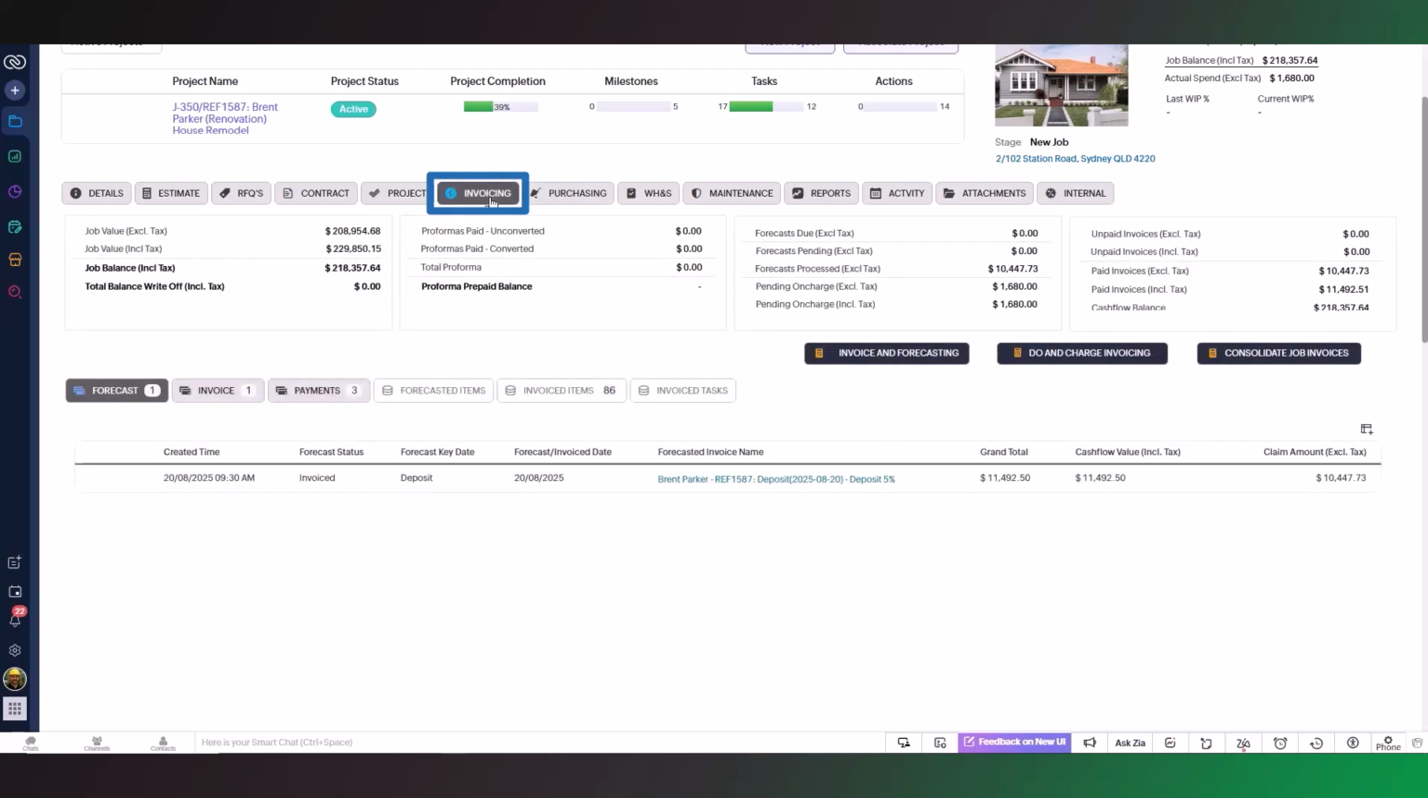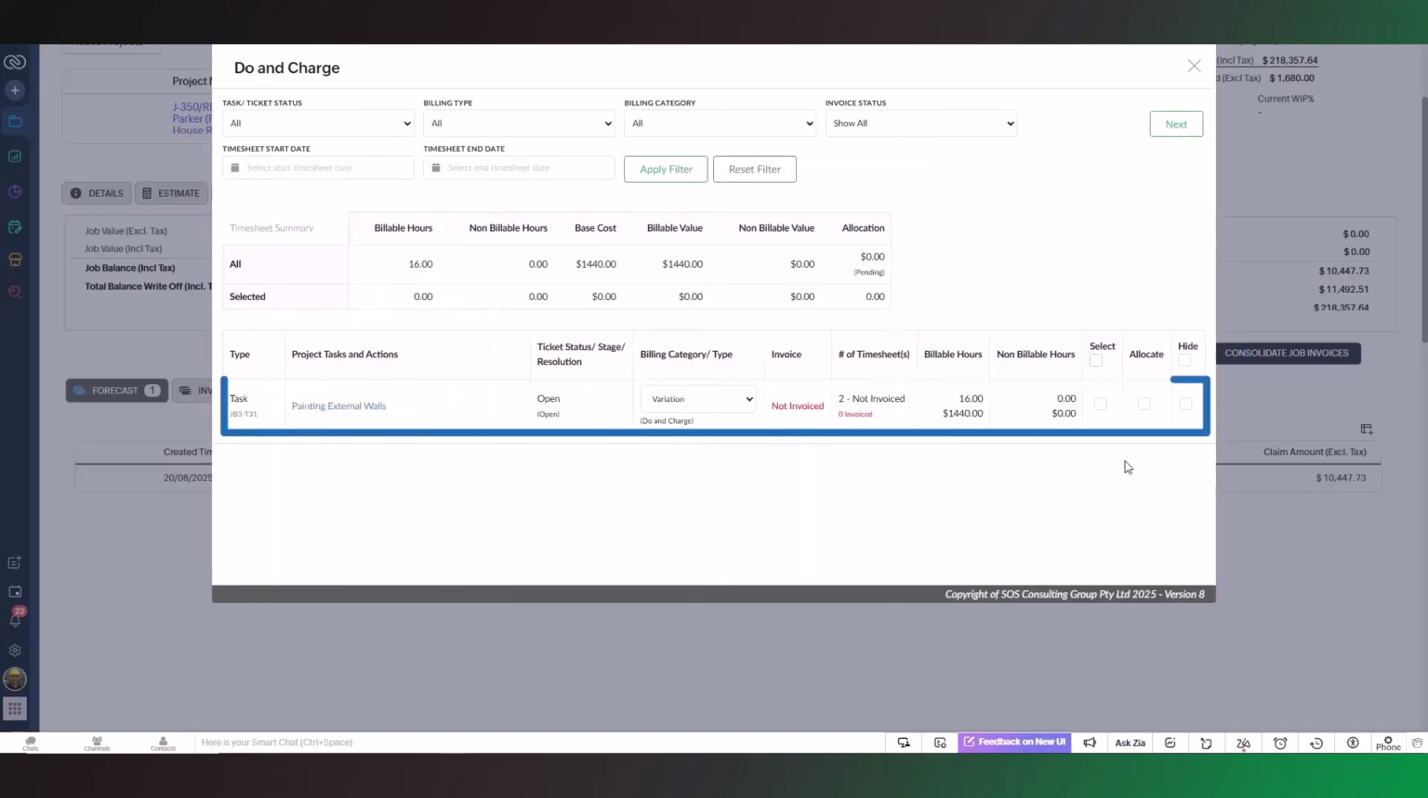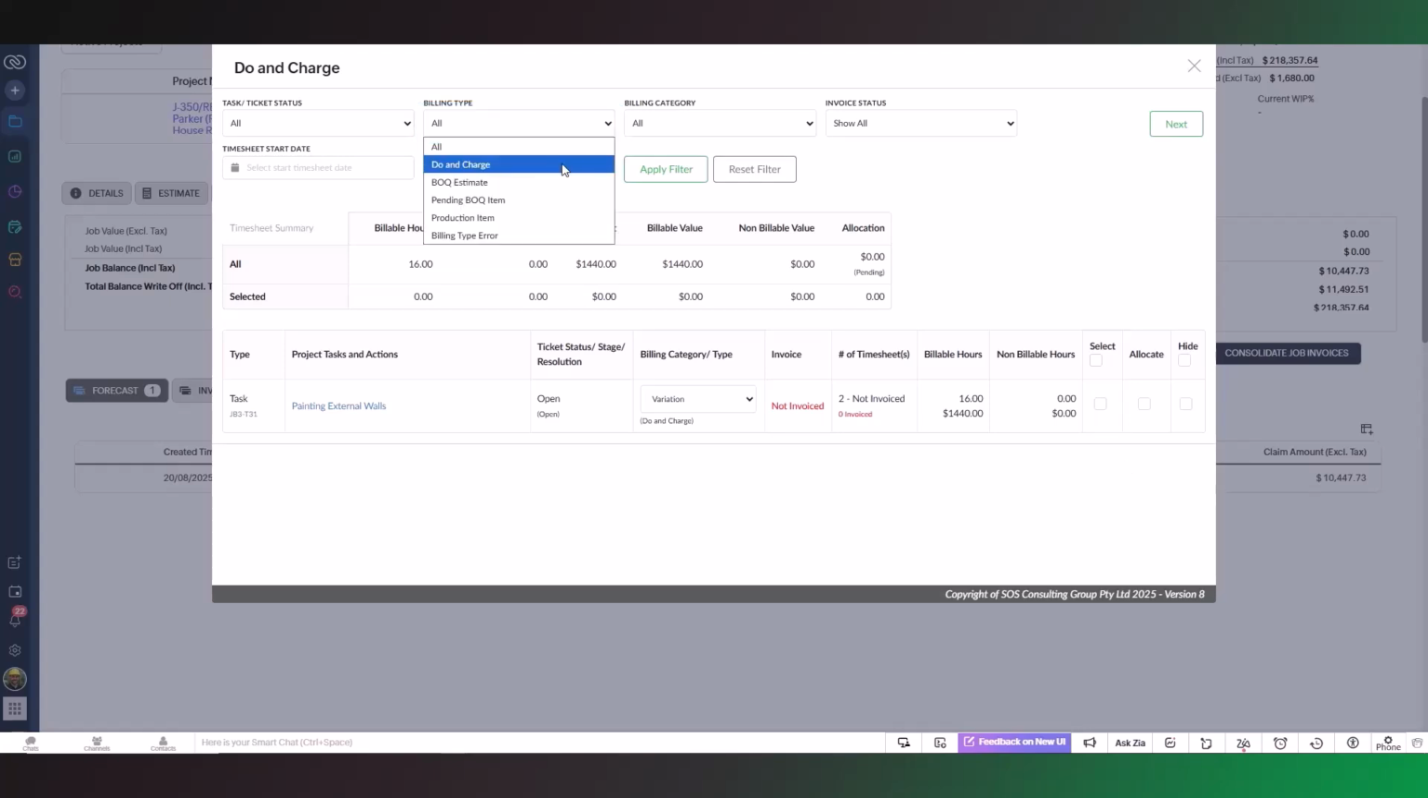From the Job module, click on the Invoice tab and open the Do and Charge widget. The first tab displays the pending on charge timesheets. If you have a lot of timesheets, you can use the filters at the top. The table displays the value of all timesheets using the rounding logic on the rate table. For example, if you round timesheets to the nearest 6 minutes, the selected row will automatically calculate based on the task